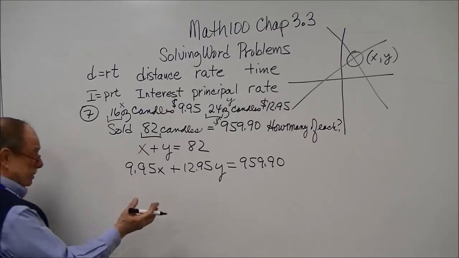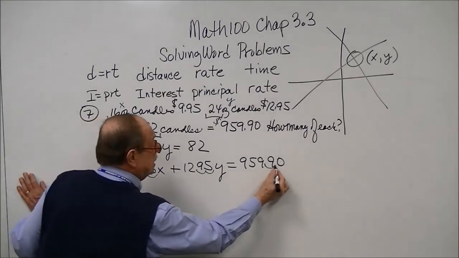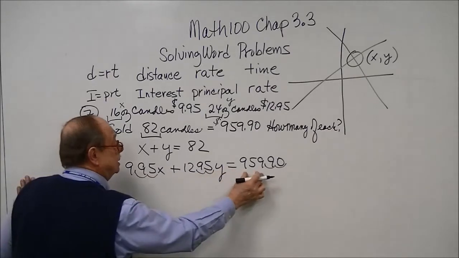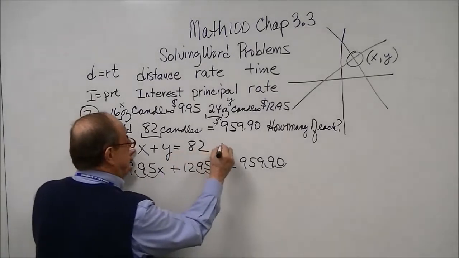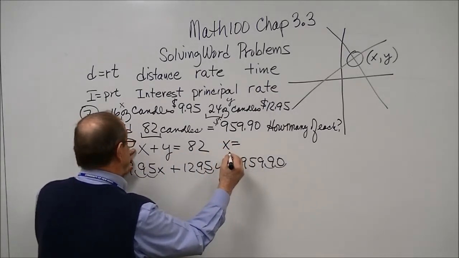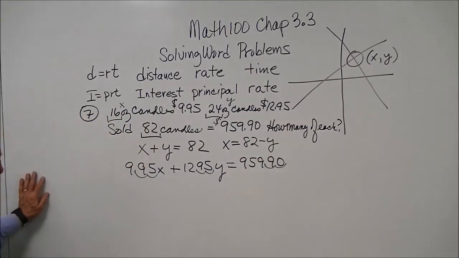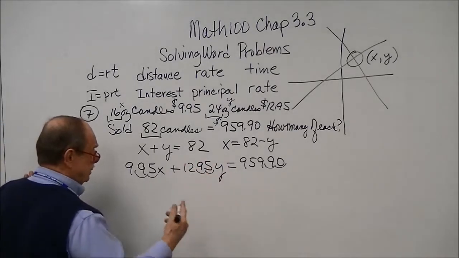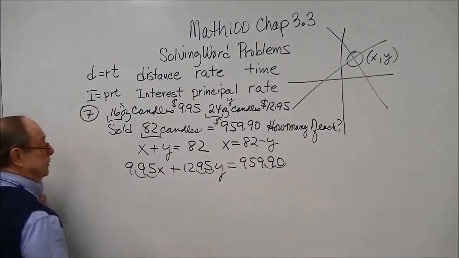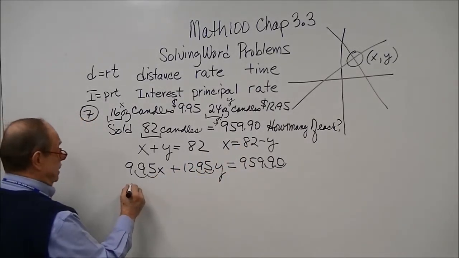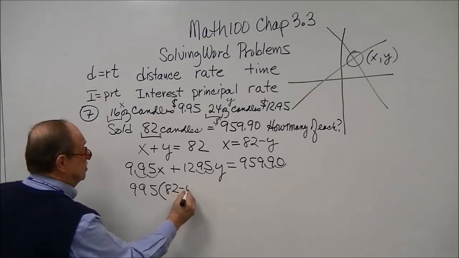Again, it has decimals, so I strongly advise that you remove the decimals. Remember, you have to do it for each term. That gets rid of the decimals. You're probably going to use substitution. And that would give you an equation now with just one variable. So where you have the X, you're going to put in your value for X in terms of Y. So it'll be 995 times 82 minus Y